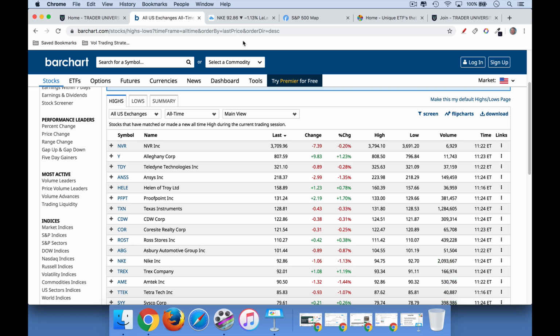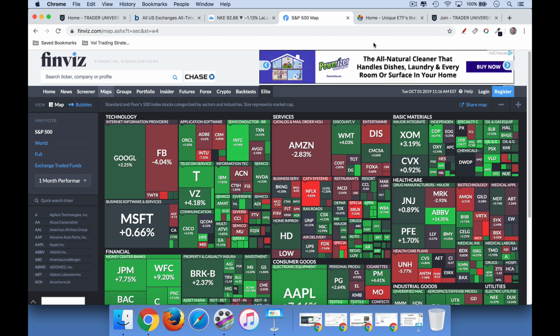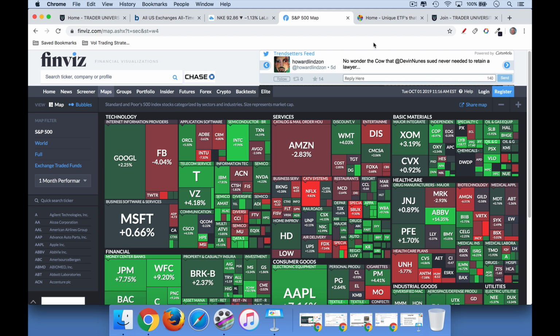The next place I like to look is what is called a heat map, and FinViz has a very nice one. I have no affiliation with them. I'll just stick a link in the notes below if you want to check out this link. And what this basically shows you is which stocks have been outperforming over a certain time period. So I usually like to look at a 1-month period to get an idea of what's been working over the